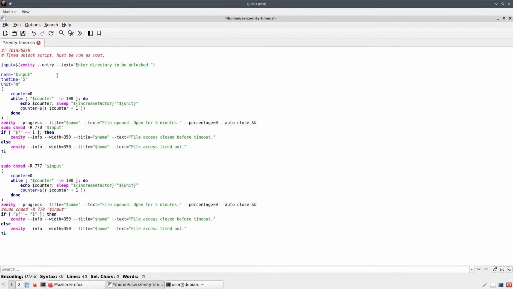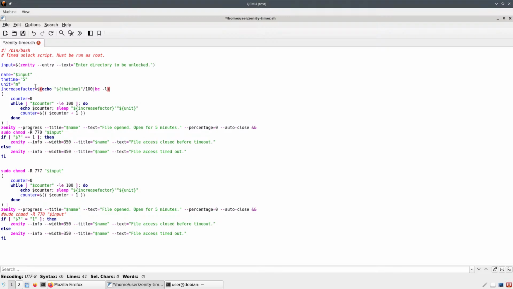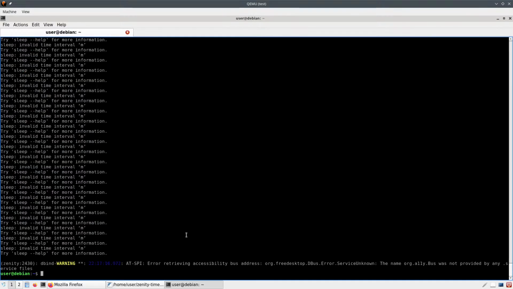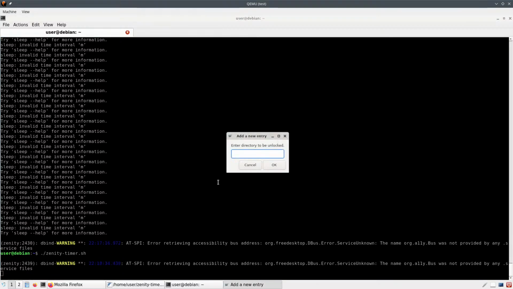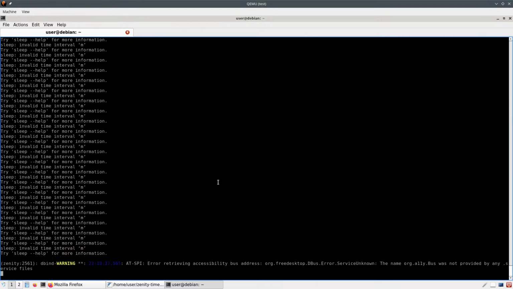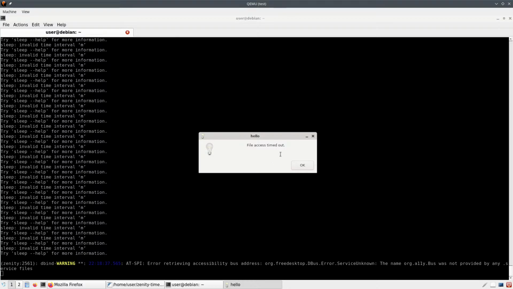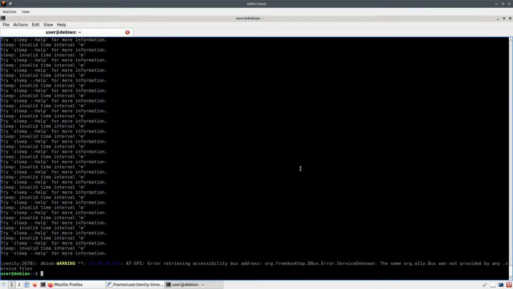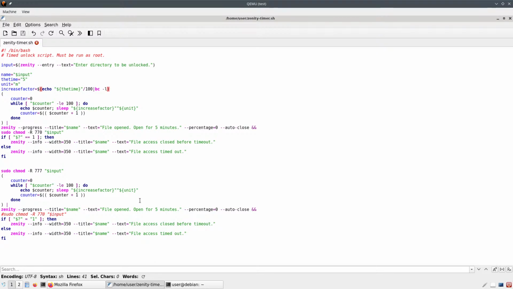Yeah, let's just move this thing in here. Let's see if it's any better. Must be run as root. No, it does not need to be run as root. Why would I do that? Okay, let's suppose it's hello. File access timeout. I hate this. I mean, yes, there's sudo, but